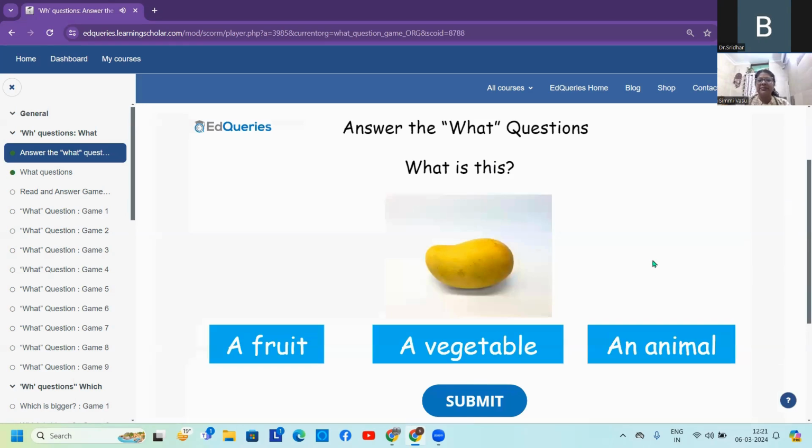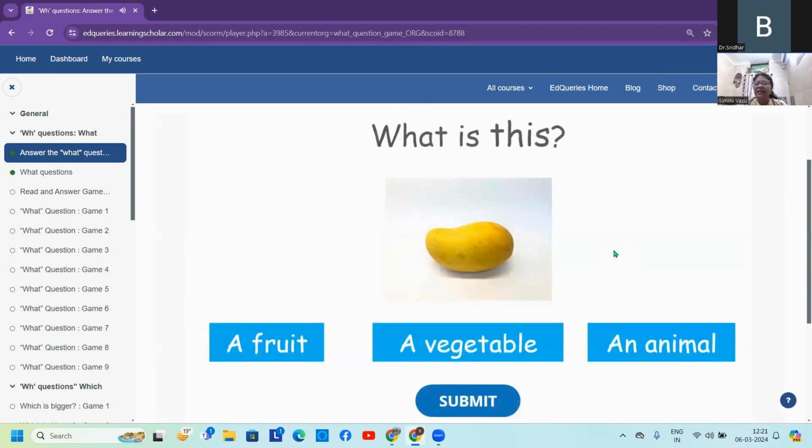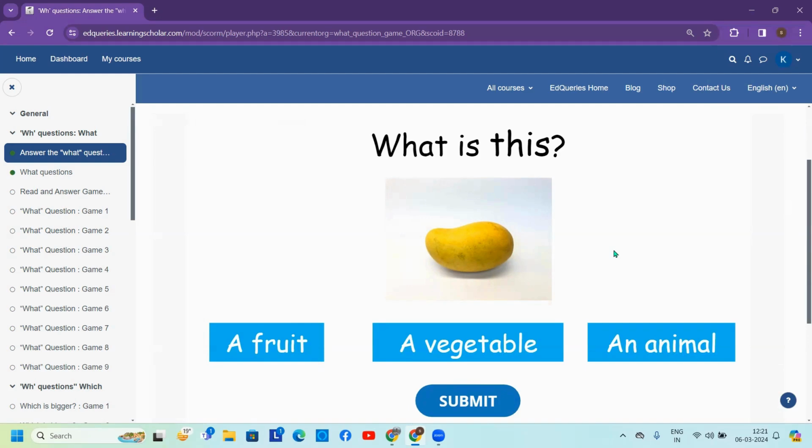In this game, read the question and select the correct answer. The child starts with the question itself, sees a mango, and clicks submit. What is this? He just has to identify a category. And when we special educators start with WH questions, we initially start with the